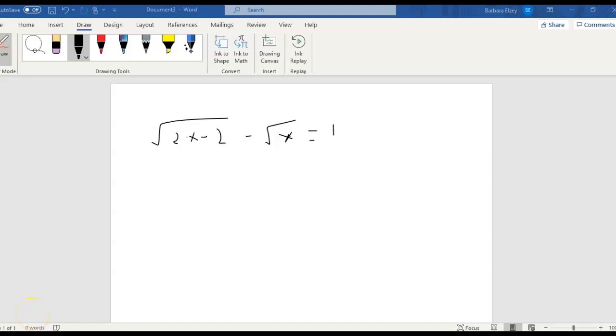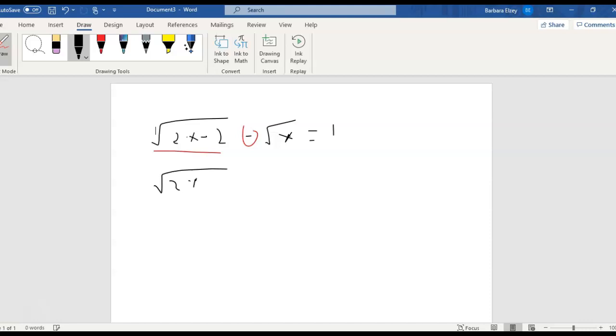Okay, so let's solve an equation with a double radical. First, we need one of these square roots by itself on one side. So I'm going to leave this one on the left, and I'm going to move the other one over to the right. And it's negative right now, so when I move it, it's going to become a positive. So this is going to be